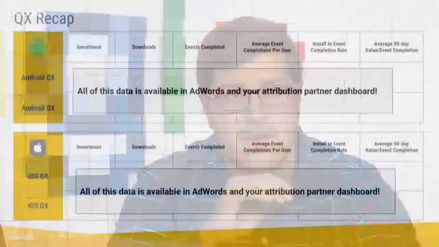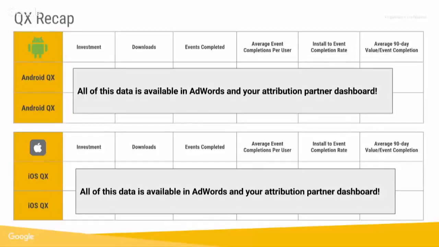And then the other pieces to this puzzle here are thinking about average event completions per user. So what I mean by this is, are we measuring just the first purchase event with customers that may not have as advanced of an attribution or analytics purview into their customer base? Or are we measuring the number of purchases that are happening and the value per purchase? Ultimately, the latter is the level of complexity that we want customers to get to, so that way they can think in an LTV-centric mindset as opposed to just a cost per user mindset.